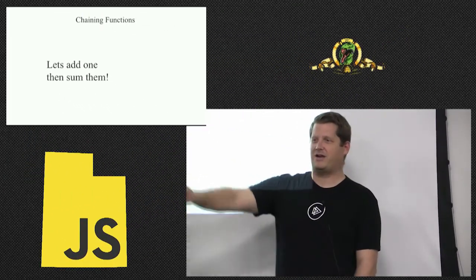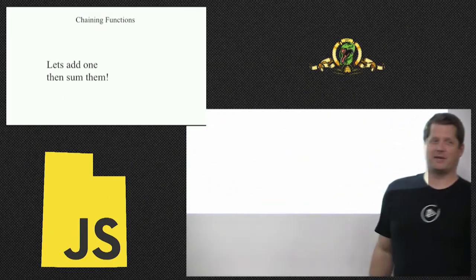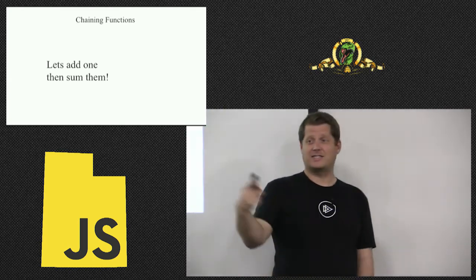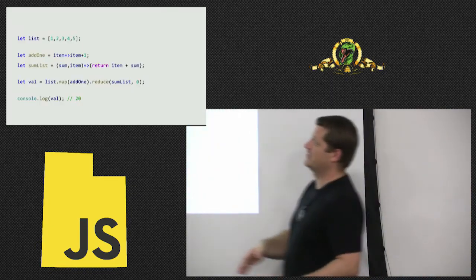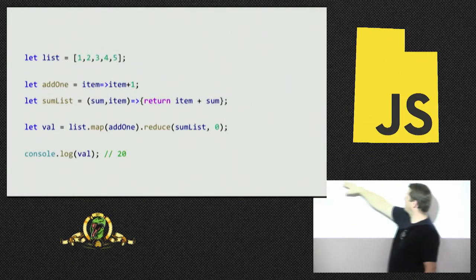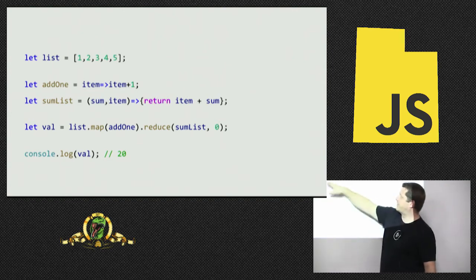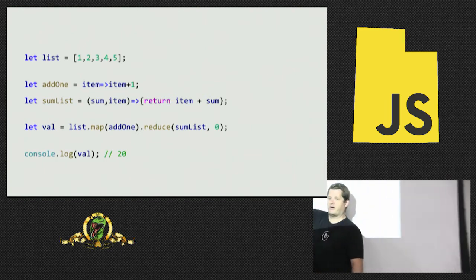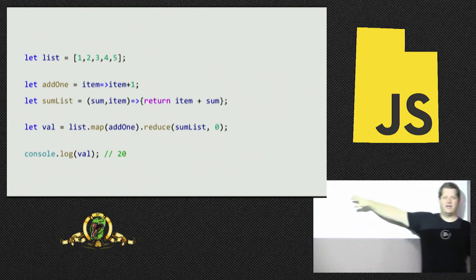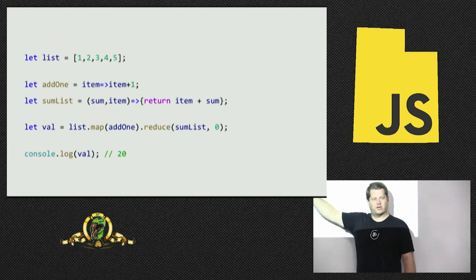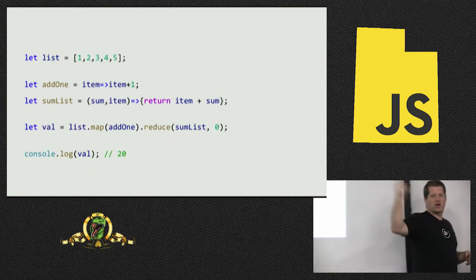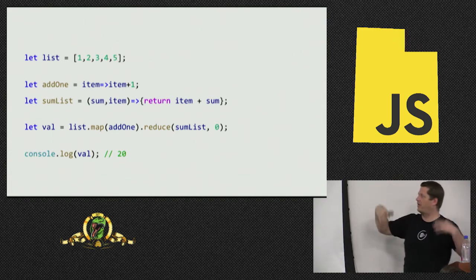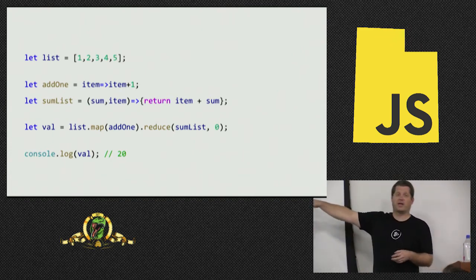All right, here's where we get to start having some fun. If we haven't been having fun up till now, we get to have some fun. Let's add one and then sum them. Because I'm not changing things out from underneath myself, because I'm returning new arrays, I can chain things. And I can do this. List.map add 1.reduce sum list 0. 0 is just my starting point. There, I do it all in one line. Now does this sound like less brain power? Not really, if you're trying to wrap your head around it, but once you start thinking in this way, this is significantly simpler than the code that we would have had before in our big for loop and all of the gross stuff. And it equals 20. This slide is correct.